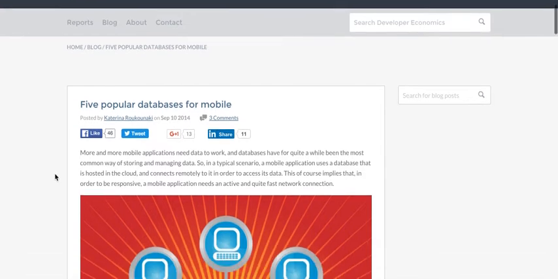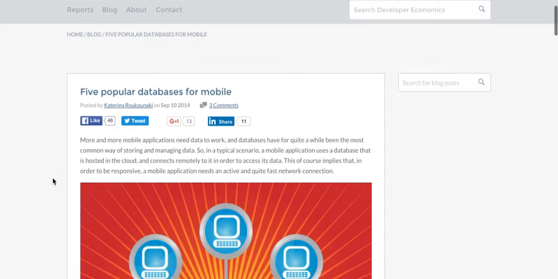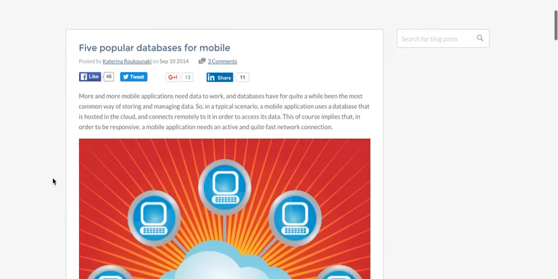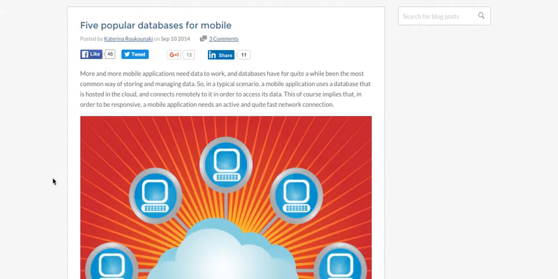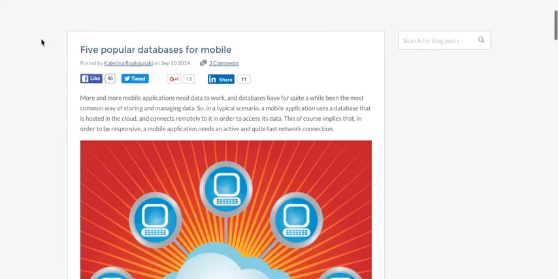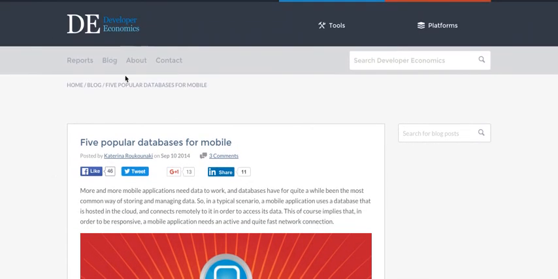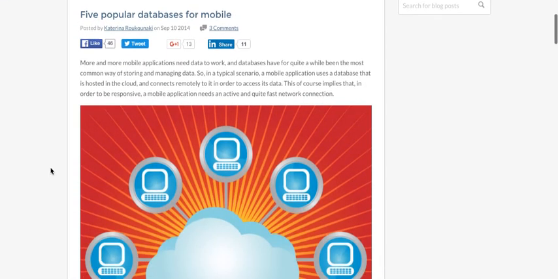For my DFS video activity, I chose to do it on mobile databases. The article I chose to talk about was called Five Popular Databases for Mobile, from the Developer Economics website. The article starts out with a little overview, talking about how a lot of mobile application databases are commonly used, the most common way of storing and managing data, and basically